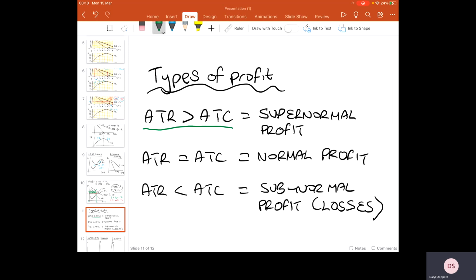Now, a good way of thinking about what we mean by this is to think about the next one, which is normal profit. Business people, you're probably thinking, well, that's just break even. If we multiply the average total revenue and the average total costs by the quantity, we're going to get total revenue and total costs. If these are equal to each other, well, you're breaking even. Well, us economists would still call this profit, because remember that when businesses incur costs, they've got to pay for the